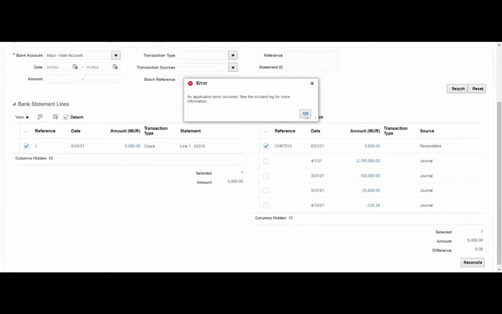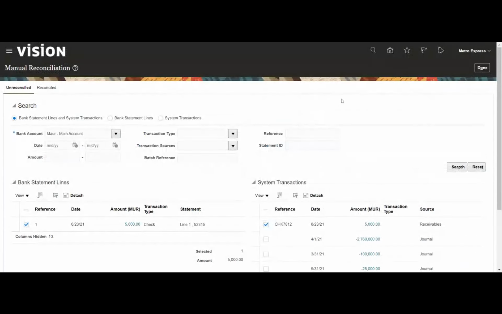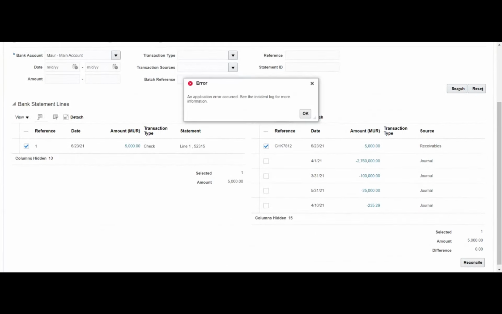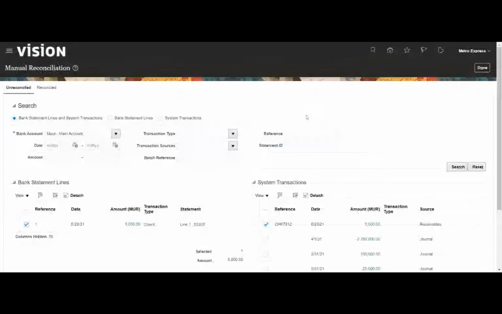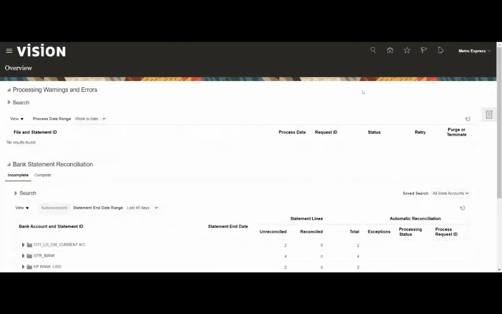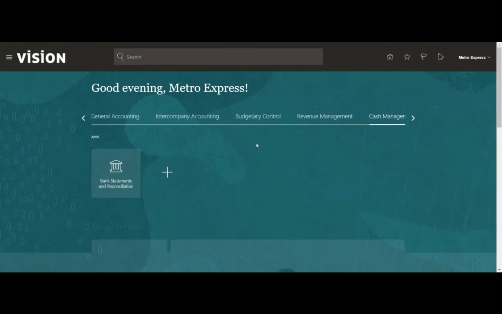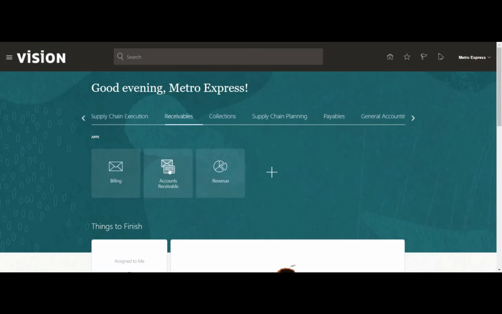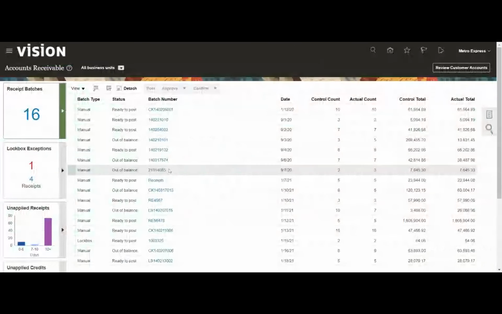I think it's some form level issue, because for manual reconciliation we shouldn't have any issue. So probably there is something. Okay, so let me check this and probably we'll see the reconciliation part tomorrow. So I'll navigate back to the receivable and we'll do accounting and see the process there. And then probably we can connect tomorrow for the remaining process.